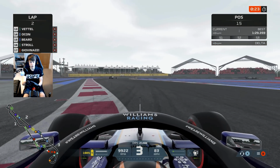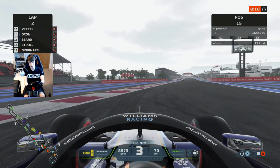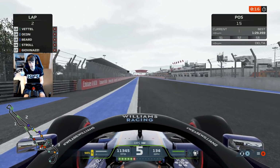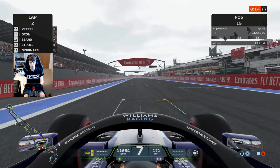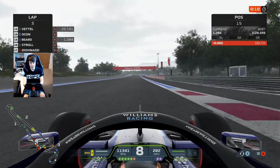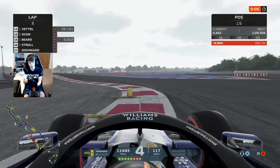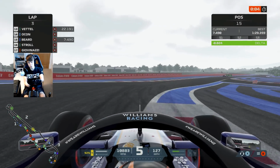Right, well, everyone trying to fight over the same piece of real estate here as we get ready to start our final lap of qualifying. Kimi Räikkönen a couple of seconds in front of me there, but fingers crossed he won't hold us up, of course. 10 seconds there or thereabouts when we cross over the line. And let's really try and nail this final qualifying lap then. I'm going to go all or nothing style around here, trying to attack the curbs as best as possible